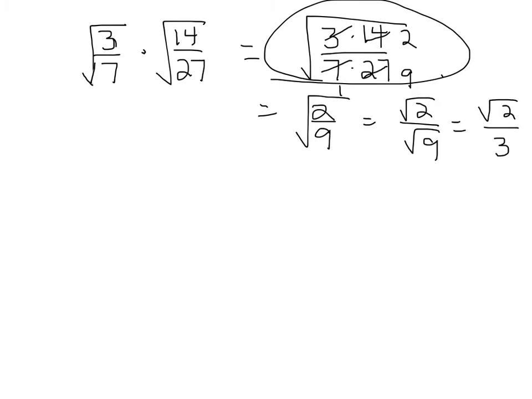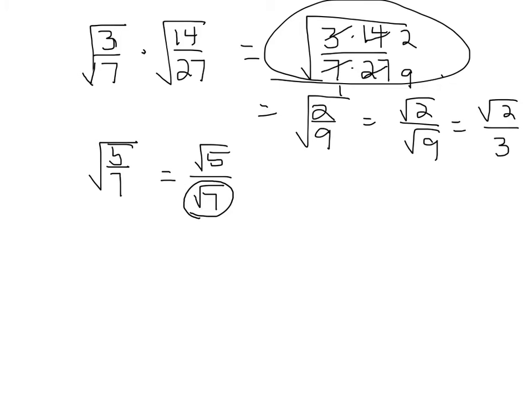Like, for example, let's say I did a problem and I ended up with root 5/7. Well, that equals root 5 over root 7. And the problem with that is that 7 isn't a perfect square, so I can't do that. And I'm not allowed to divide by